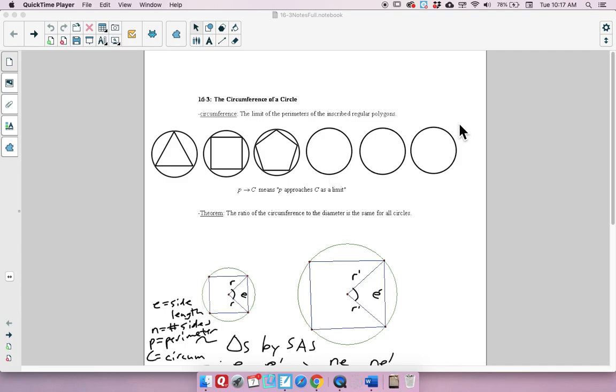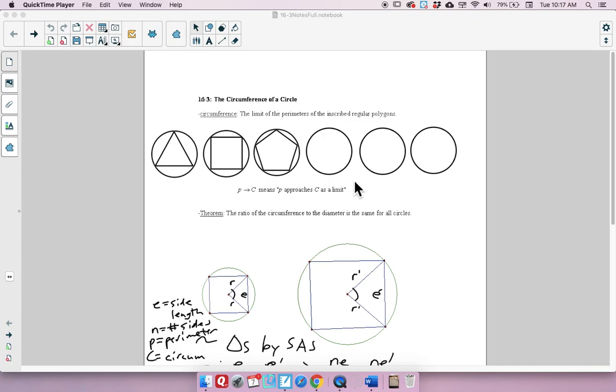And then what I want you to do is kind of what you see here, where we've got an equilateral triangle, and then a square, and then a regular pentagon. And then I want you to continue by trying to draw in a regular hexagon, octagon, and decagon. And you'll soon start to see, if you haven't already, even from these 3, that as the number of sides increases in our regular polygon, from 3 to 4 to 5 to 6 to 8 to 10, what happens to